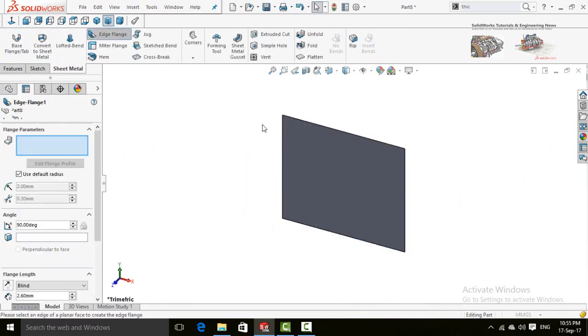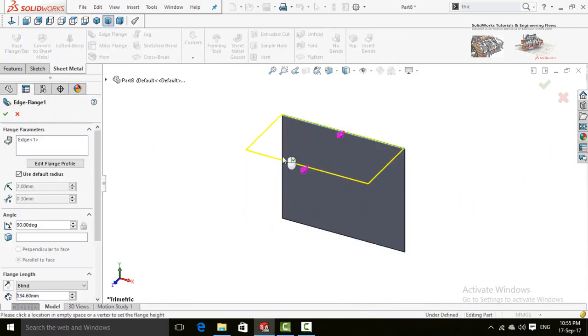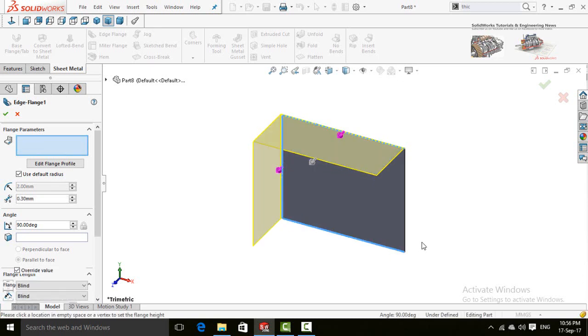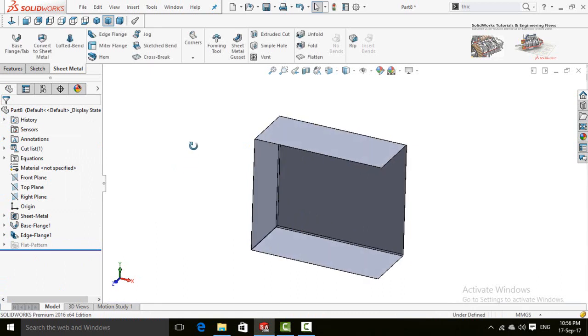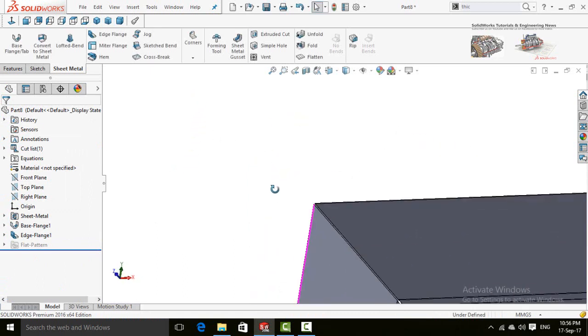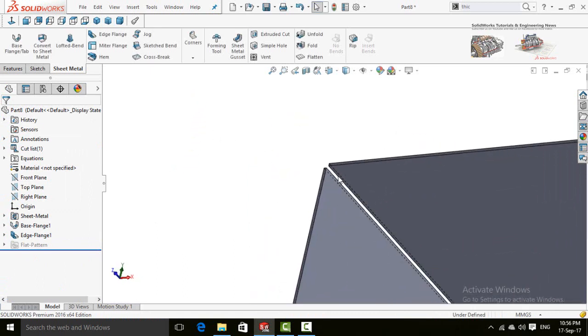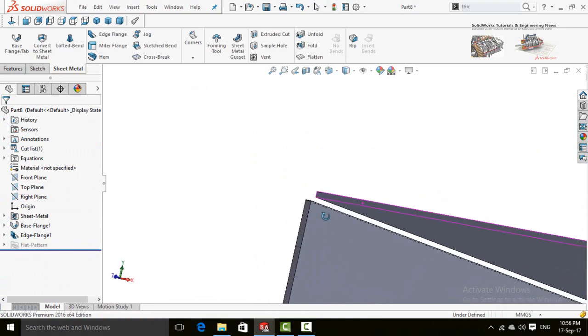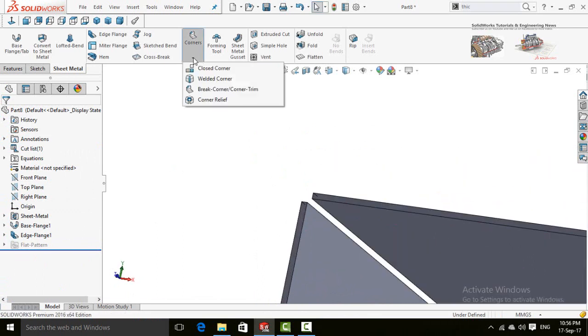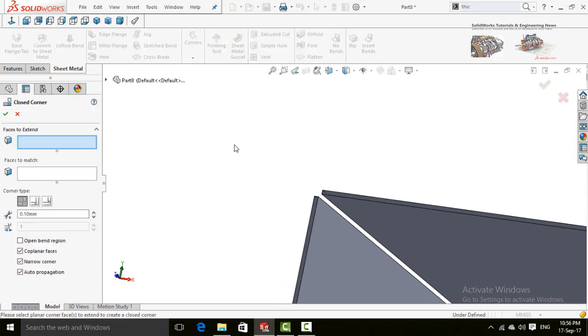Now select the edge flange command, this edge, this edge and this edge. Press the OK button. You can see here is the rip. So drop down this corners options. The first option is closed corner. Select it.